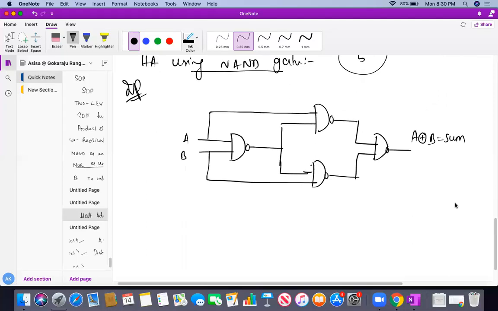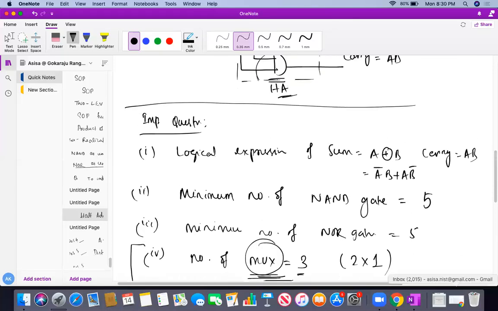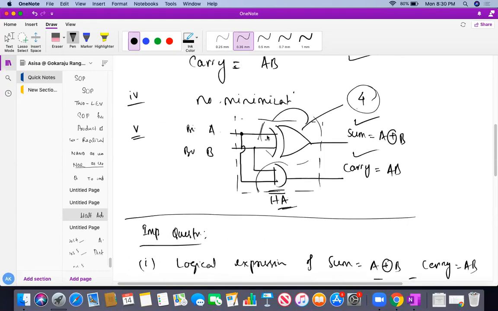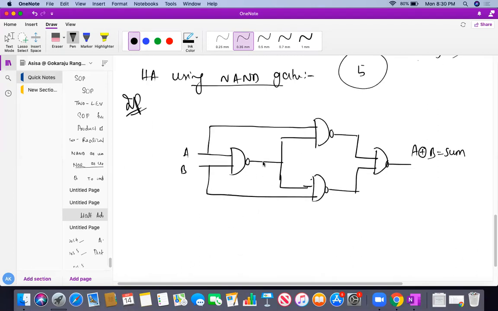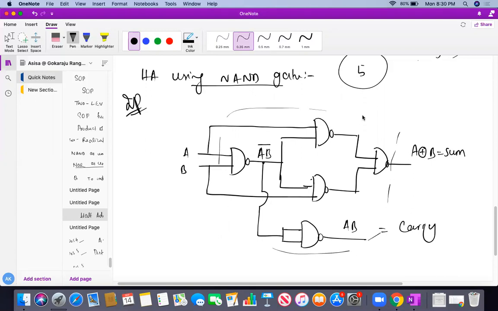The next part: this is actually the XOR part, students. I have already implemented the XOR part. Now I require 4 gates. Now I have to implement this AND gate. So you see here, this is my what, student? This is nothing else but my AB bar. So if I take AB bar from this NAND gate, I just require one more NAND gate here, which will give me AB, am I correct? Which is nothing else but my carry. So how many total NAND gates are required to design this half adder? Just 5 NAND gates. Very important, it just requires 5 NAND gates to design a half adder.